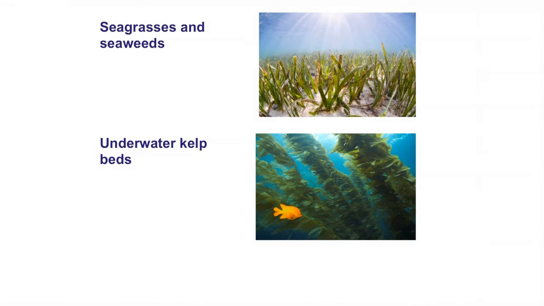If you think about the coastal marine environment, you have various plants and algae, the long seagrasses and seaweeds, and underwater kelp beds. And these photosynthetic organisms, the primary producers, they actually grow and develop in a very similar way to their terrestrial counterparts, their land-based counterparts. That is to say, they take in carbon through photosynthesis, and they grow by absorbing nitrogen and phosphorus, and a lot of other minerals and trace substances. And in the process, of course, they generate new biomass. In other words, the whole mass of biological organisms which we find in the oceans.